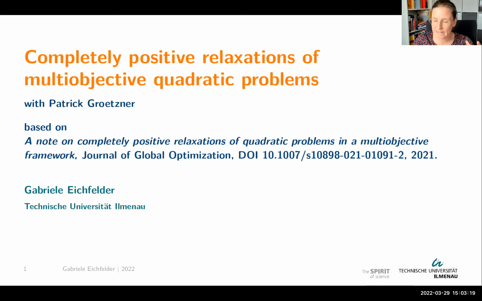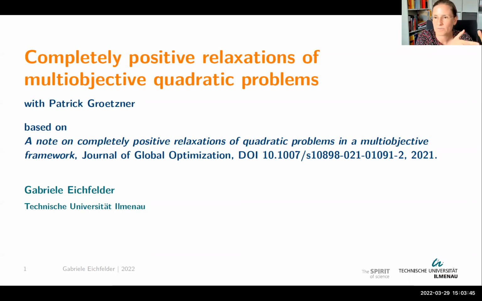What you can do is you take non-convex problems, non-convex quadratic objective functions, for instance, or mixed binary problems, and you reformulate these problems as very nice linear problems. So the miracle comes from the fact, so you start with a difficult problem, a hard problem, and then you end up with a linear problem. And the miracle is that the linear problem is a linear problem over the cone of completely positive matrices.